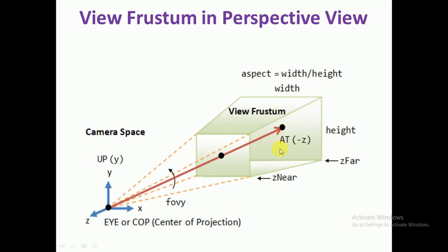Again, as I told, we are looking in the negative Z direction. By default, in OpenGL we always look in the negative Z direction. Means going into the screen, Z is negative. Outside the screen, whatever Z is coming towards you, that Z is positive. Then this is the camera. Again, we have to set the camera eye position or camera position. This is the Y up vector. This is the look at. These are the functions we have to use.